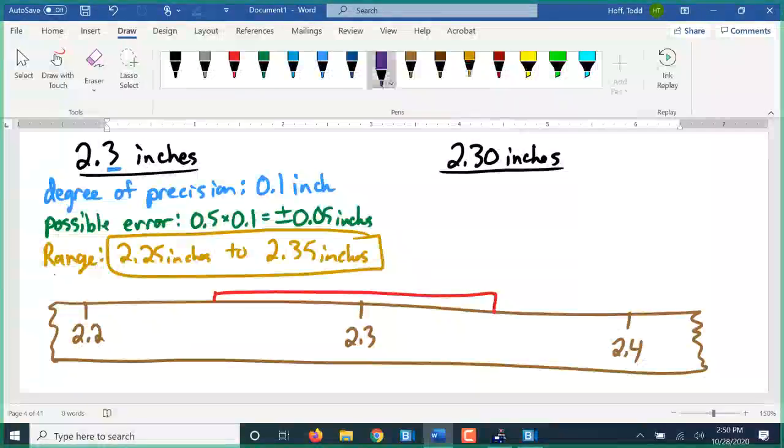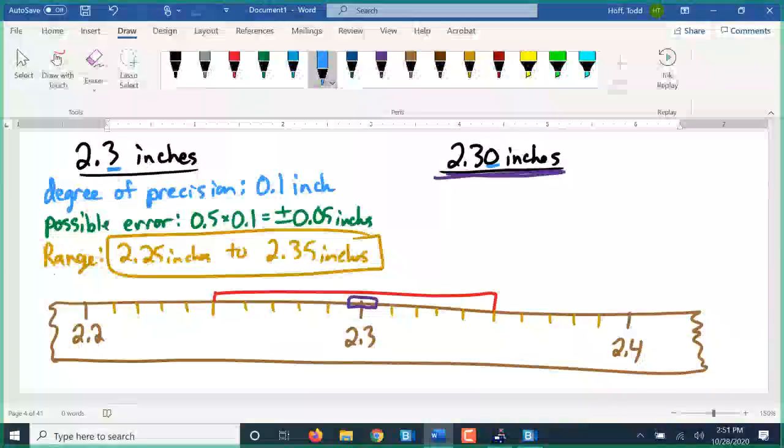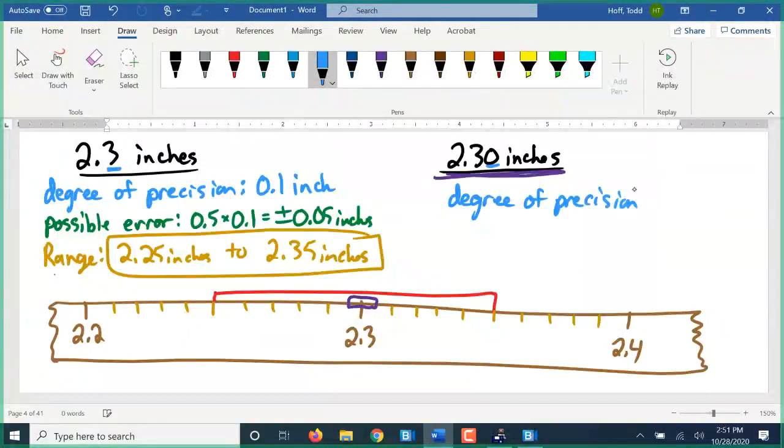The 2.30 inches is implying that we had a measuring device that could measure to the 100th of an inch. And it's still closest to the 2.3. So you can see that's in purple there, that's a much smaller range. Because there's that extra 0 on the end here, this is implying a degree of precision that is in the hundredths place, so a hundredth of an inch,